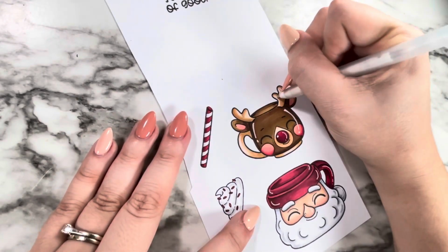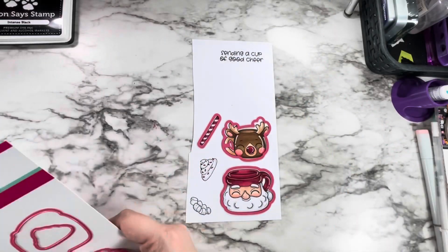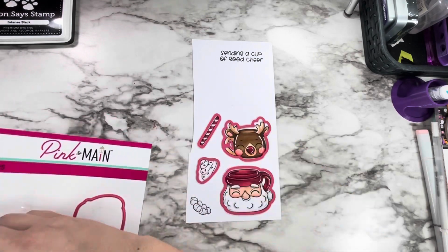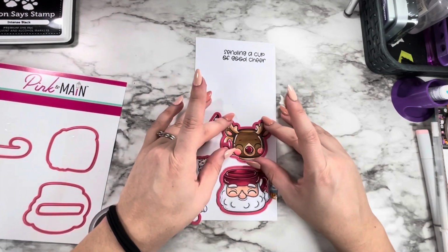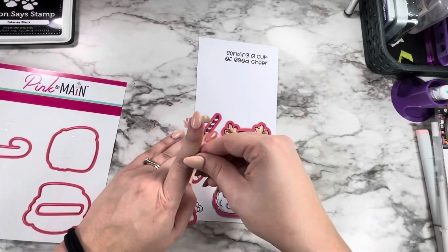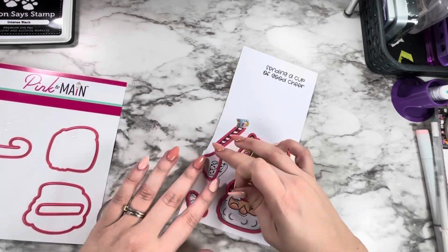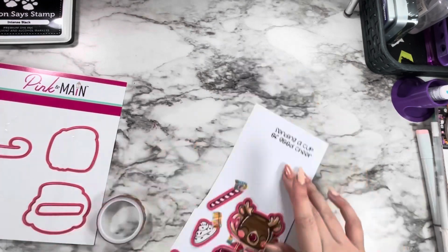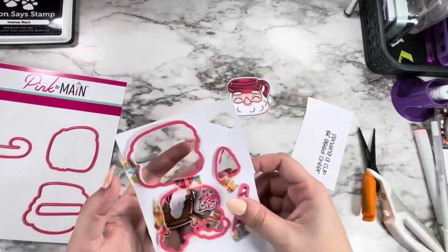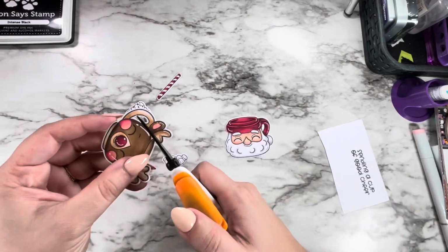I went back in with my white gel pen to add extra highlights to these mugs. It just really ups the shine and I think the cute factor, and I love how it turned out. Then it was time to tape down my dies and get to some die cutting, and I absolutely love that the reindeer die cuts out that little space in the handle. I love when dies have any of those little added extra details. I think it's so cute, and it definitely makes it a lot easier versus trying to have to fussy cut